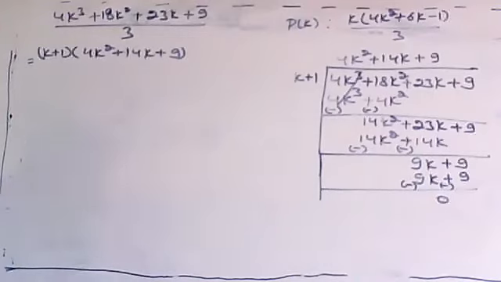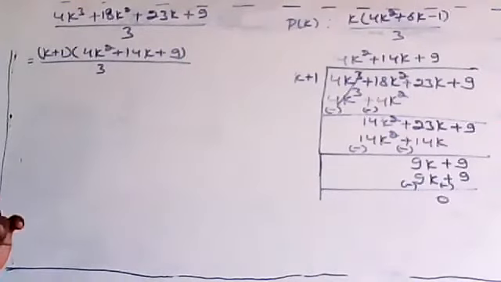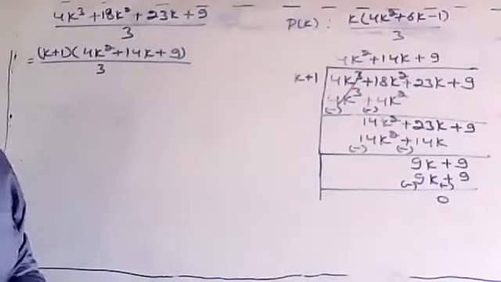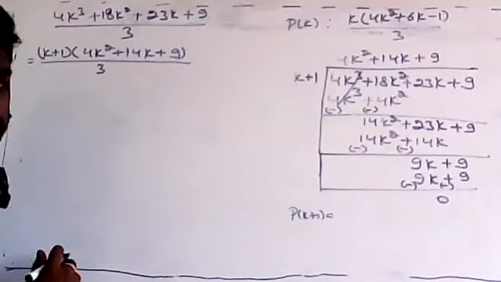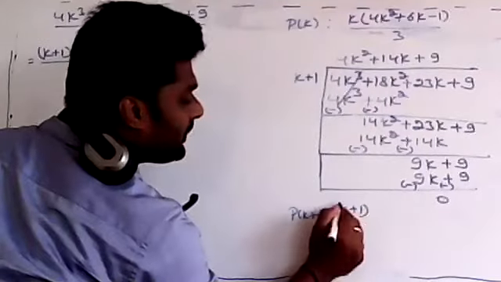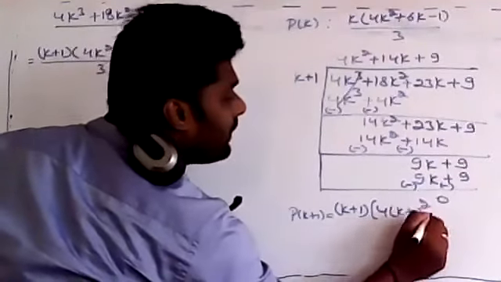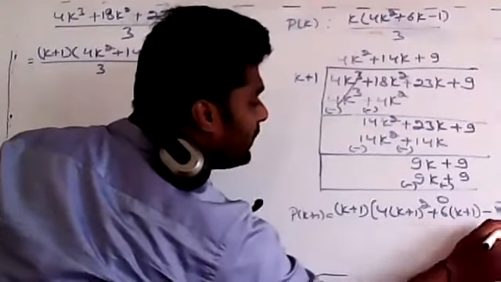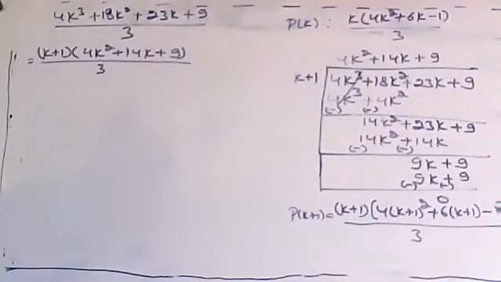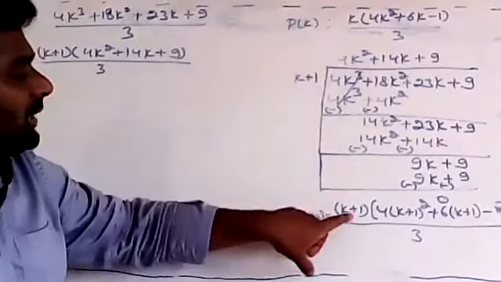Okay, now by 3 I'm writing, correct? But we want the answer as what? What do we want the answer? The P of k plus 1th term should be what? In the place of k, k plus 1. Next, 4 in the place of k, k plus 1, plus 16 in the place of k, k plus 1, and minus 1 divided by 3. This should be the answer for P of k plus 1. P of k is there, no? Wherever the k is there, there we want k plus 1.